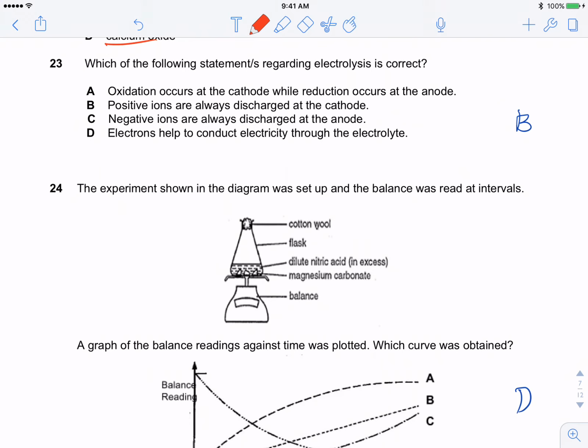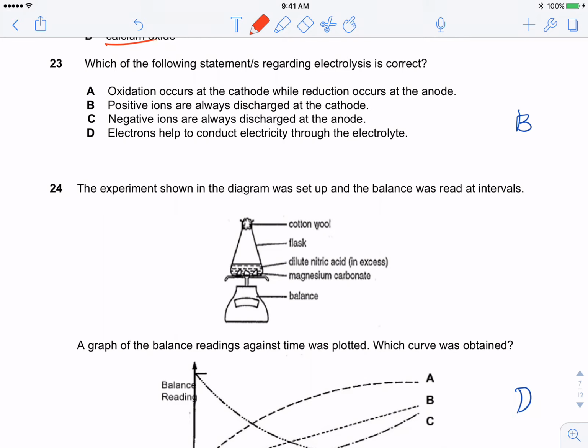Which of the following statements regarding electrolysis is correct? A. Oxidation occurs at the cathode. Wrong. Oxidation is for the anode. N-ox, red cat. B. Positive ions are always discharged at the cathode. Now this is actually true. If you think about it, all your examples, the cations are always discharged at the cathode, regardless of whether it's a simple cell or